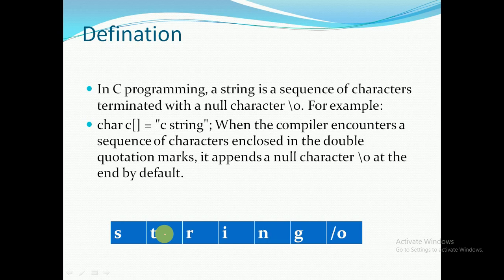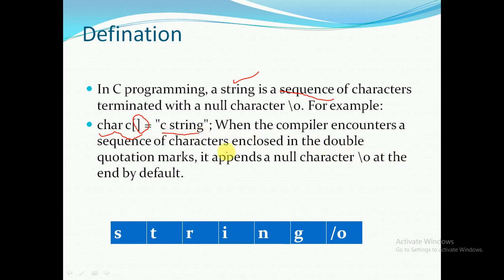That means if you are accepting NIIT, it consists of 4 characters. Bhargavi consists of some characters, and Programming Guide also consists of some characters. If you have a sequence of characters, we call it a string. Now in C language we declare a char type, that means an array of characters, and together we call it a string.